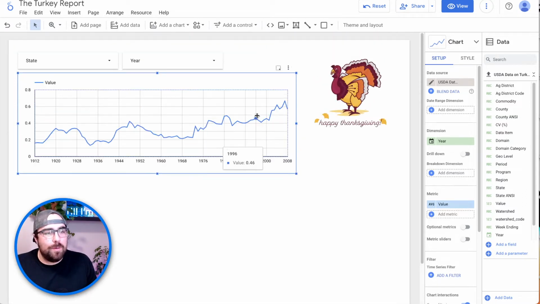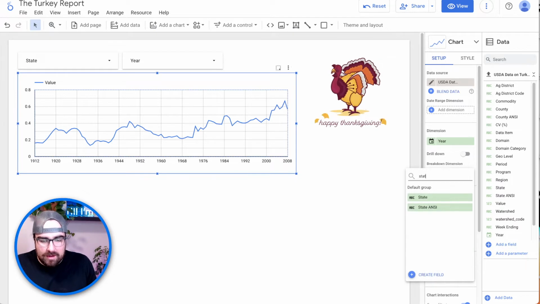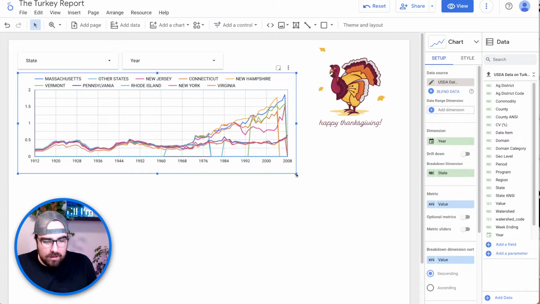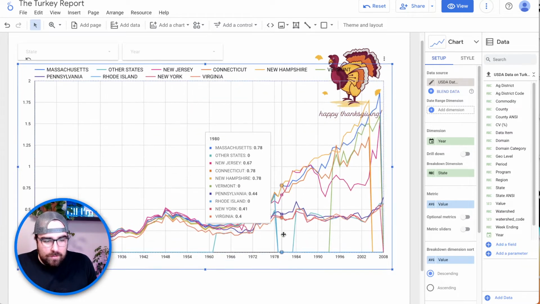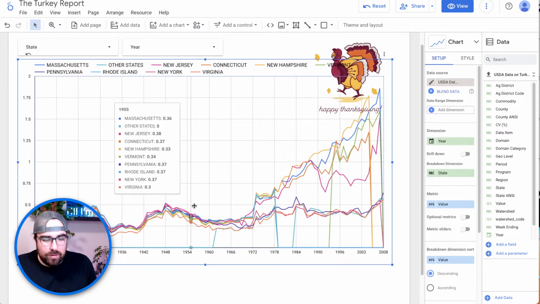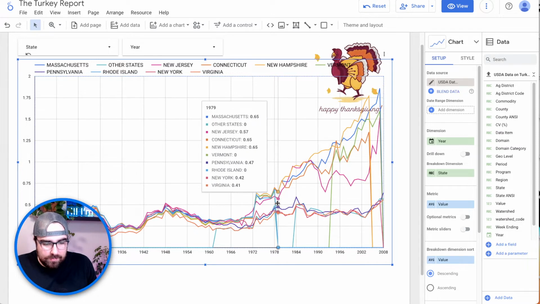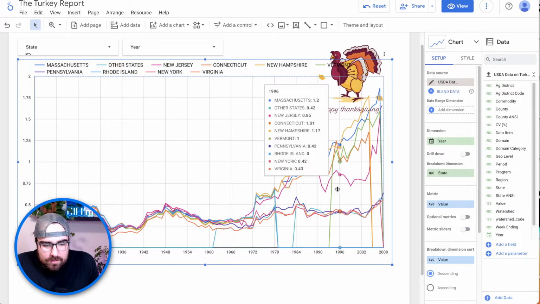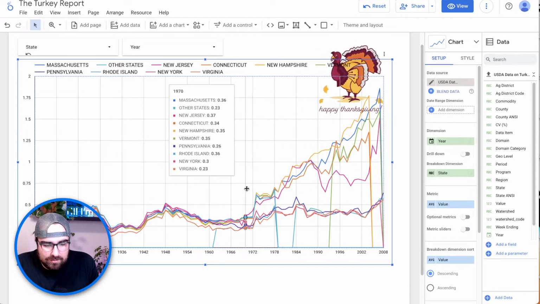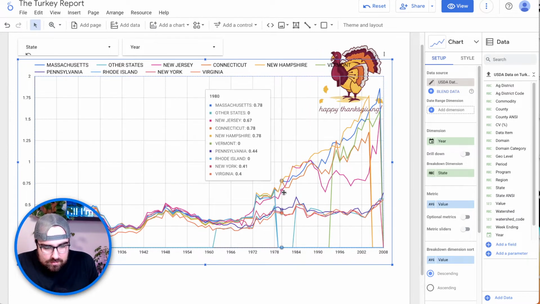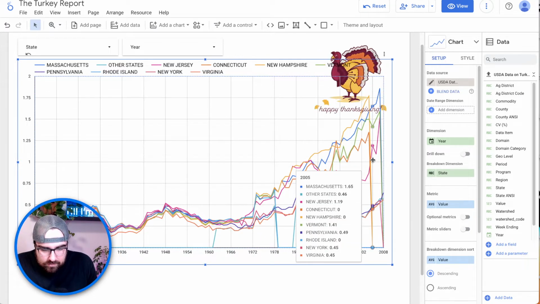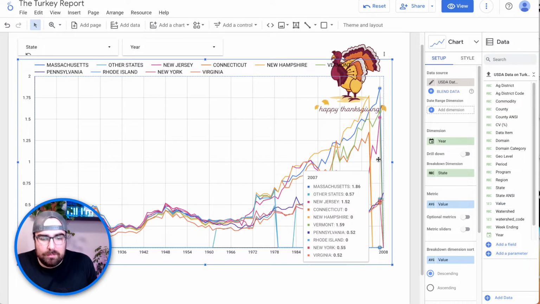But what you can do in Looker Studio is break it down by the state. Let's see what this looks like, because it's probably going to be chaotic as all get out. Now we've got all the states trending and you can see when some drop off to 0. Let's add a filter to exclude other states. Now you can see every single state, and Connecticut is 0. So it looks like some people have missed